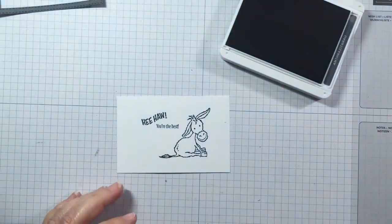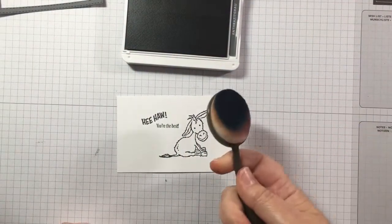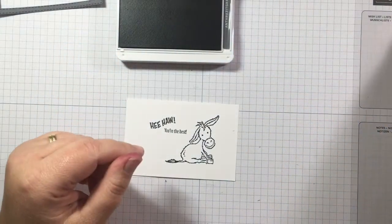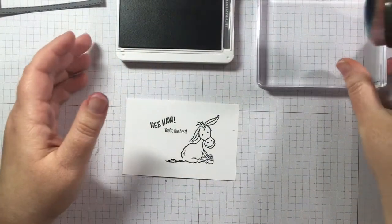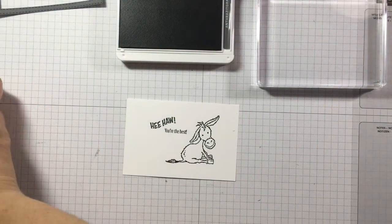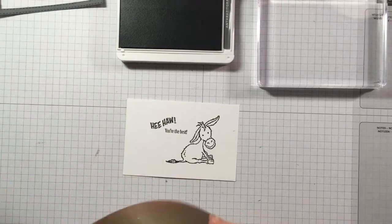All right, since I have the ink pad already sitting out here, I'm going to leave it right there. And I'm going to bring in a blending brush and do some of the blending on my project. So I have an extra acrylic block that I'm going to set over here to tap off on. And what I like to use, that I have to get out, it's been buried under here, I have my